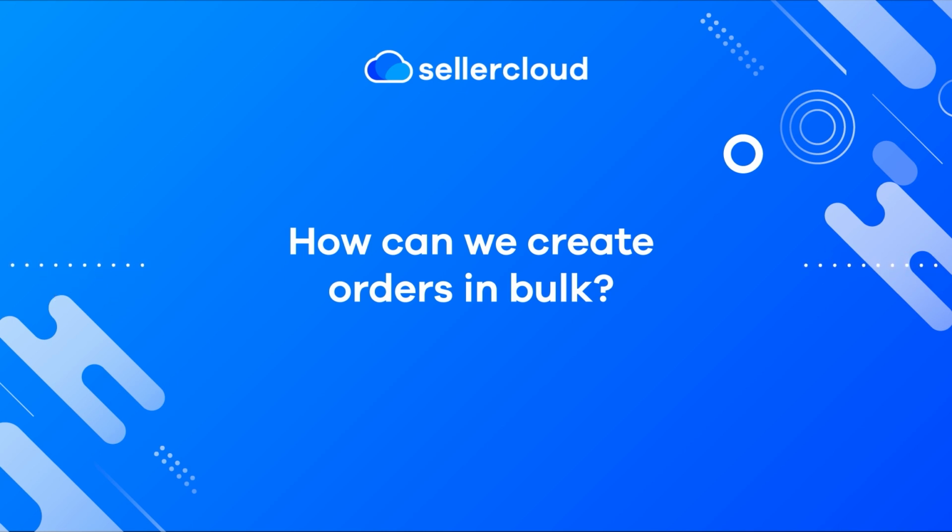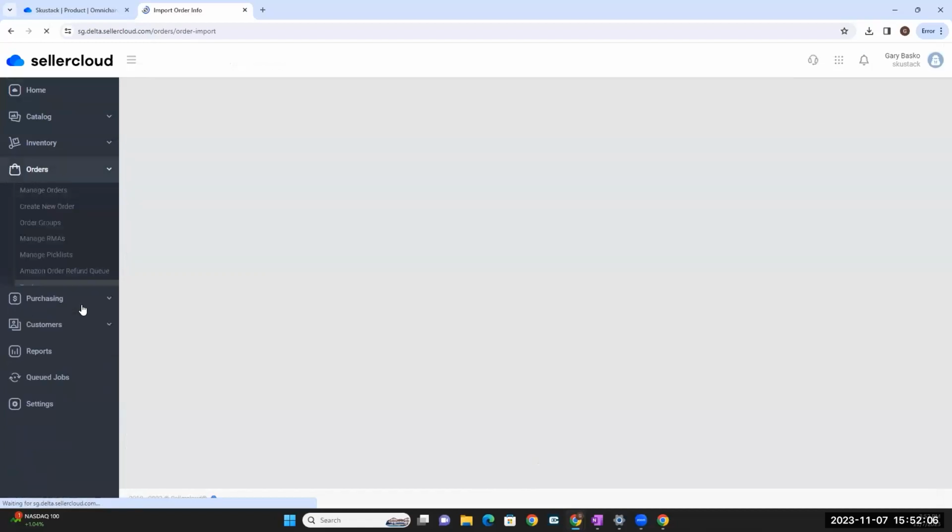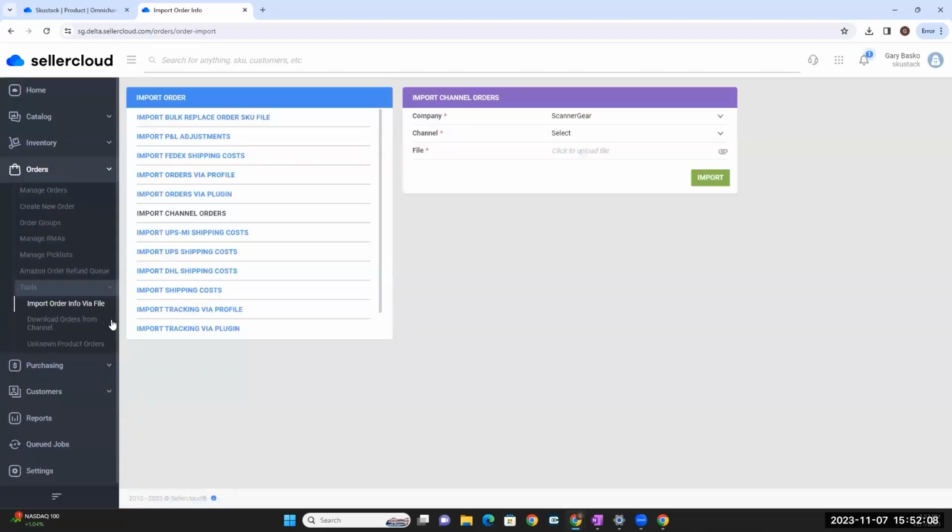Absolutely. So maybe I get people emailing me those order forms directly to my email address, and I want to take a list of those different order forms and then import them into Sellercloud. Underneath the orders module, there's an import info via file tab, and this is where you'll be able to import all of these different orders, whether you're importing, say, specific channel orders,